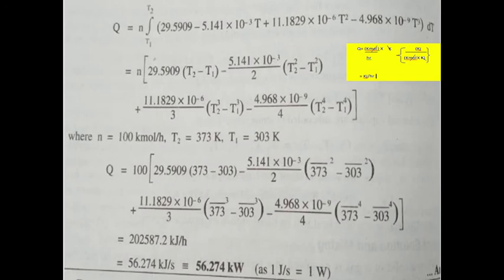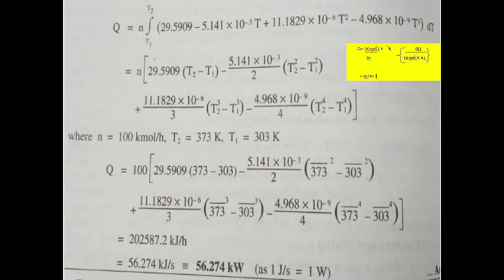Okay. So now we are going to discuss the solution part. First you should write the basis. So what is the basis of this problem? Flow rate is given, 100 kilomole per hour of nitrogen gas. Objective of this problem: heat to be transferred, or heat value, that is capital Q. Capital Q formula: capital Q is equal to N into integration from T1 to T2 of Cp naught into dT. So capital Q is equal to N into integration from T1 to T2. We have the Cp naught expression, right. You take that expression, substitute in this equation, integrate with respect to T.